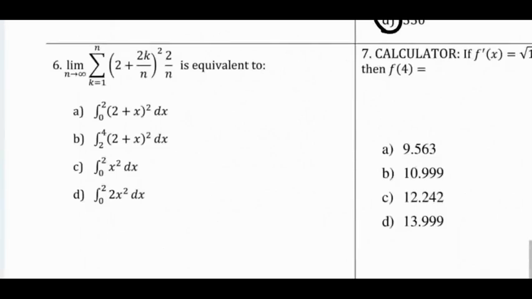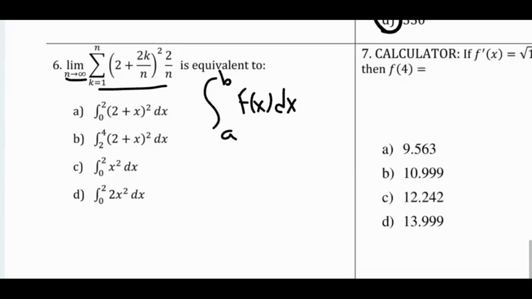Question number 6 here, we are given an infinite sum and are asked to find the integral that it's equivalent to. So this looks a little daunting, but this is just a Riemann sum. Remember when we were estimating the area under a graph using rectangles? Well, now we're just doing that with infinitely many rectangles. So if I want to convert all of this into an integral in the form of from a to b of f of x dx,